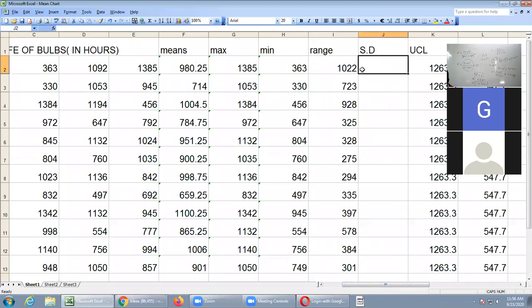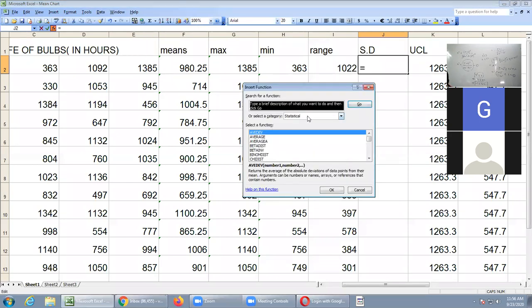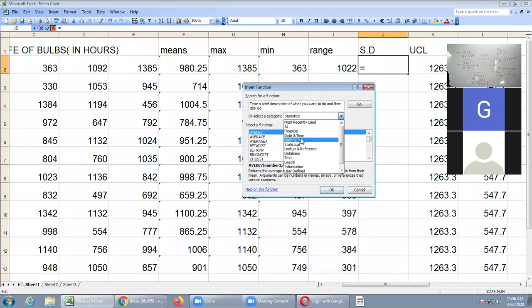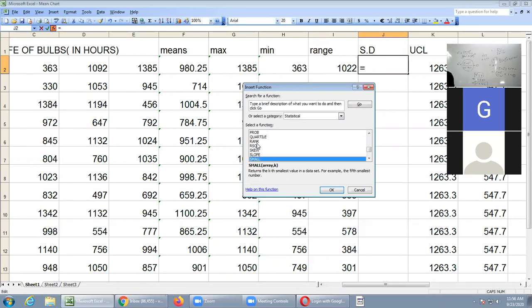Place the cursor in the first cell and then go to Insert, or the summation option. Here more functions will be there, press that. Now you are getting a window. By default statistical and mathematical functions will be there. Select statistical functions, and then go to standard deviation. Press S until you get standard deviation.